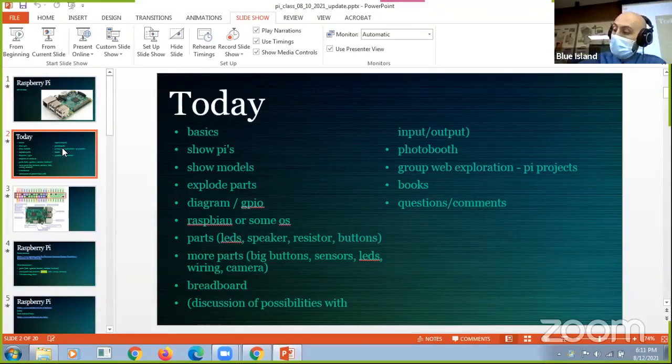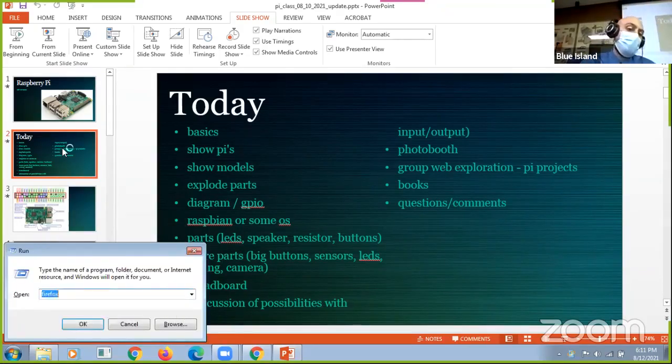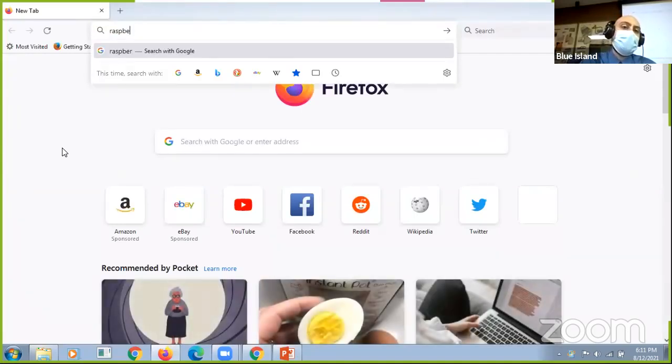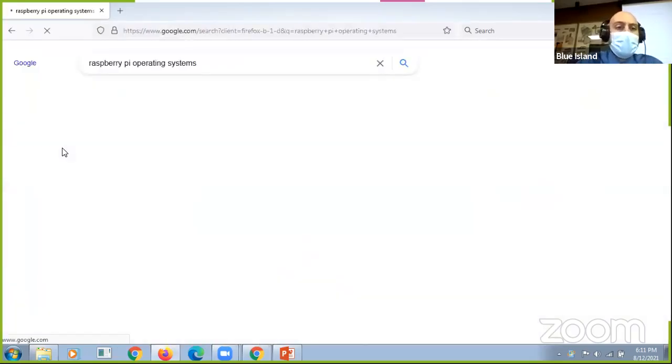The recommended one they use now is something called Raspberry Pi OS, and you can get it from the Raspberry Pi website. You can get a couple of different operating systems, but I think that is the one being recommended now. It used to be